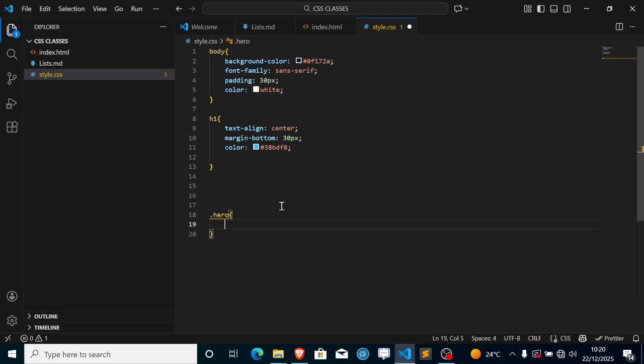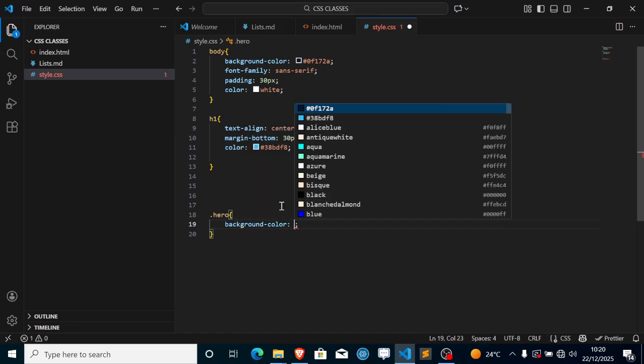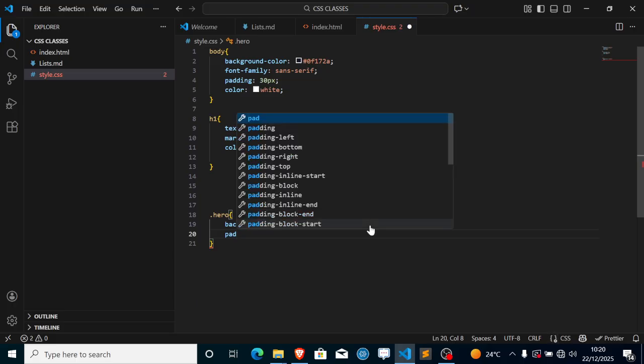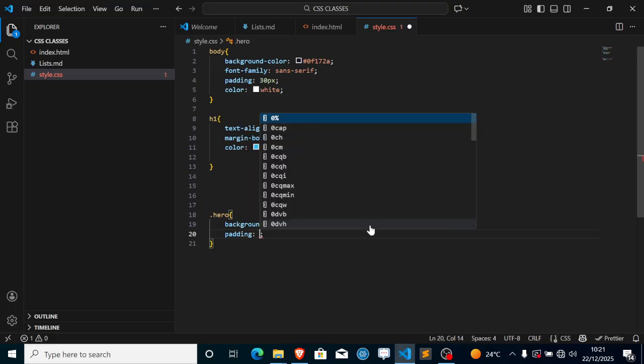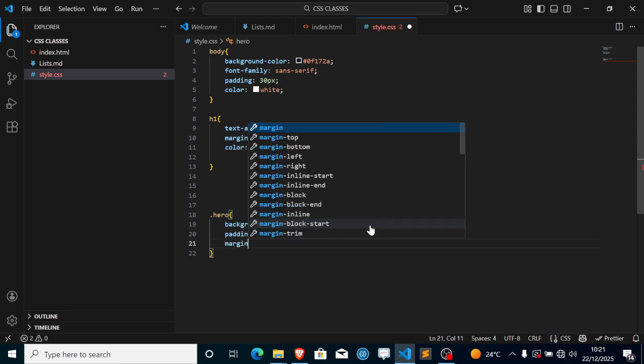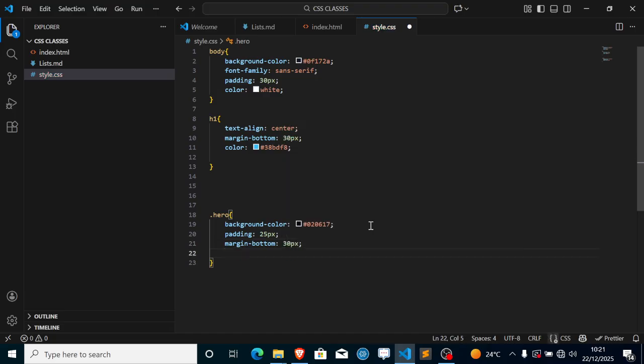then I'll give it background color of hash 020617, and then I would give it a padding. Same applies, padding from all sides, 25 pixel, and I'll give it a margin bottom of, let's say, 30 pixel, and then I'll give it a